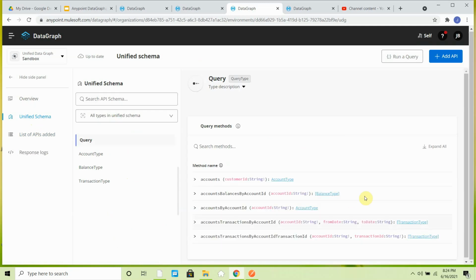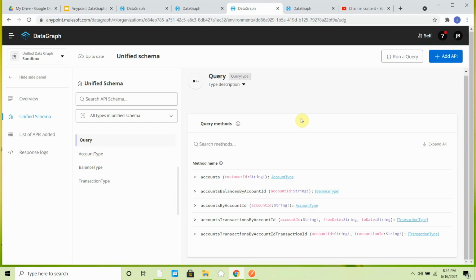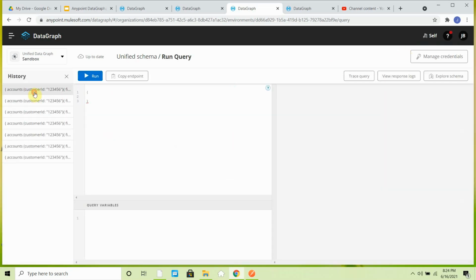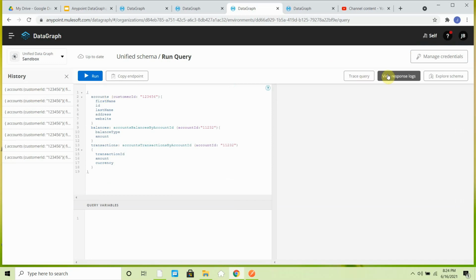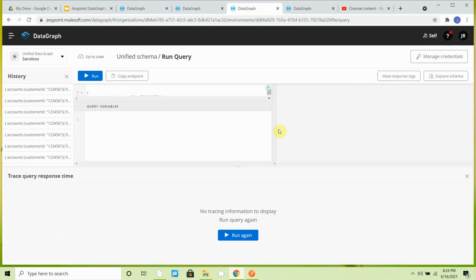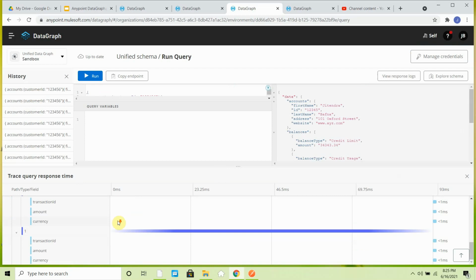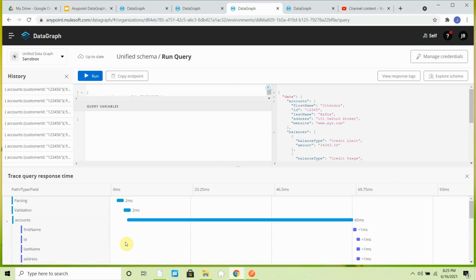For that you can go to unified schema and say run query. From history I will pick one of the queries again, and just say trace query and run again. It will give you everything: how much time was taken by each underlying API to give the response back to Anypoint Data Graph.